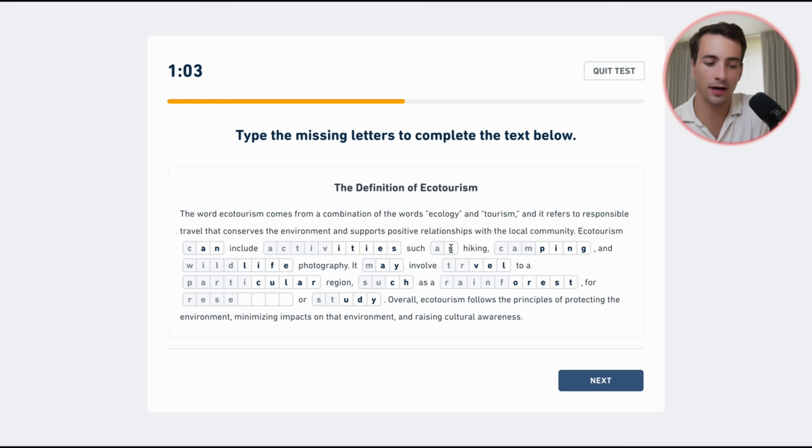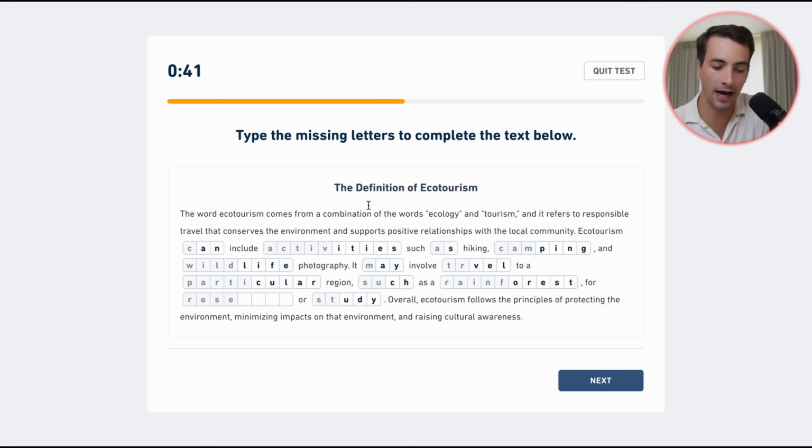So generally what I recommend is read through the passage and see what answers appear to you. With these, the easy words will appear to you automatically. Your brain will give you the answer. Fill those in. Then skip the ones that you don't know immediately and come back to them later,